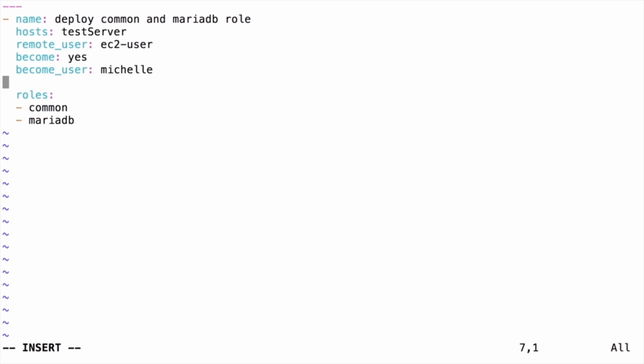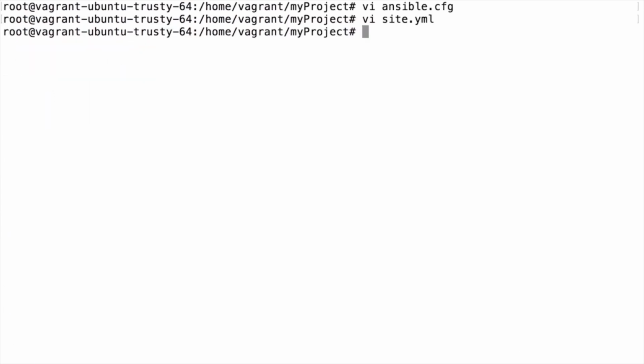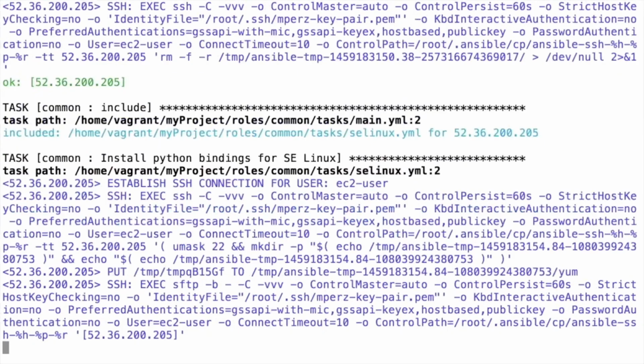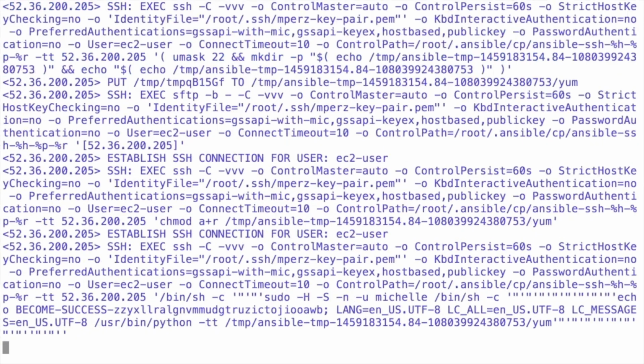So I'm going to exit out of this and save, and then I'm going to run my playbook with 4 Vs, which gives me debug level verbosity so I can see the actual user change in my output. So I'll go ahead and do ansible-playbook -i hosts site.yaml, and then I'll add 4 Vs and go ahead and run that. Okay, so I'm not going to need to run this entire thing, so I'll just go ahead and Control C